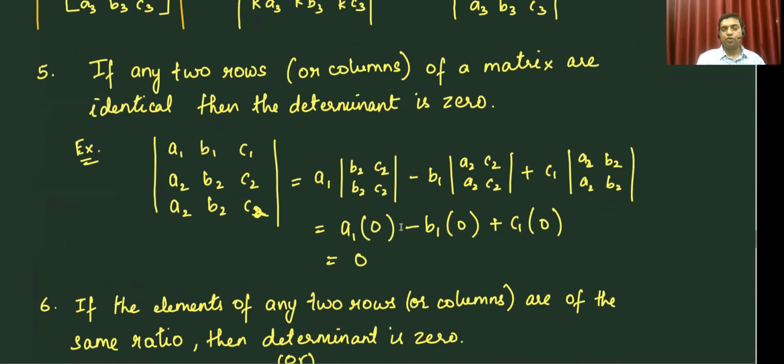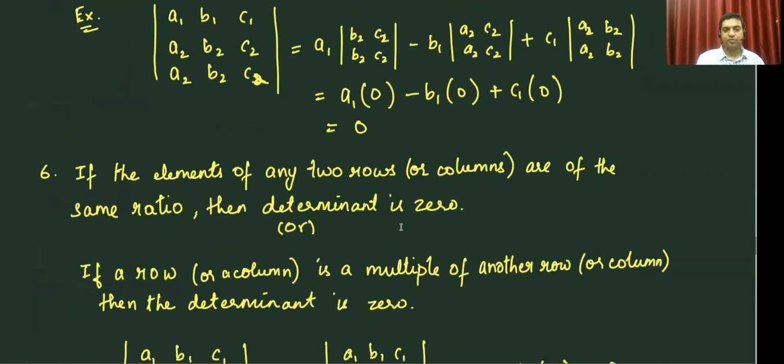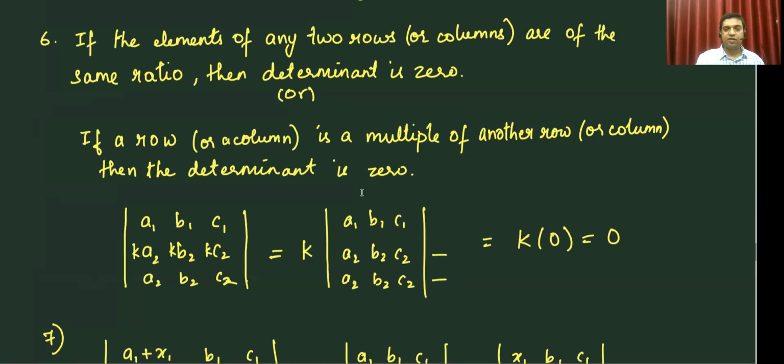If any two rows or columns of a matrix are identical, then the determinant becomes 0. If the elements of any two rows or columns are in the same ratio, then the determinant is 0. Just following the previous result. Then,